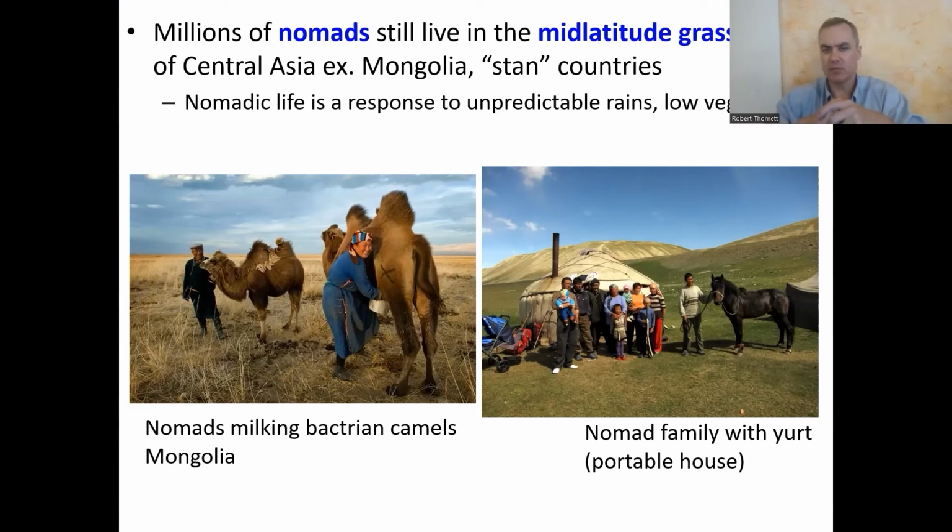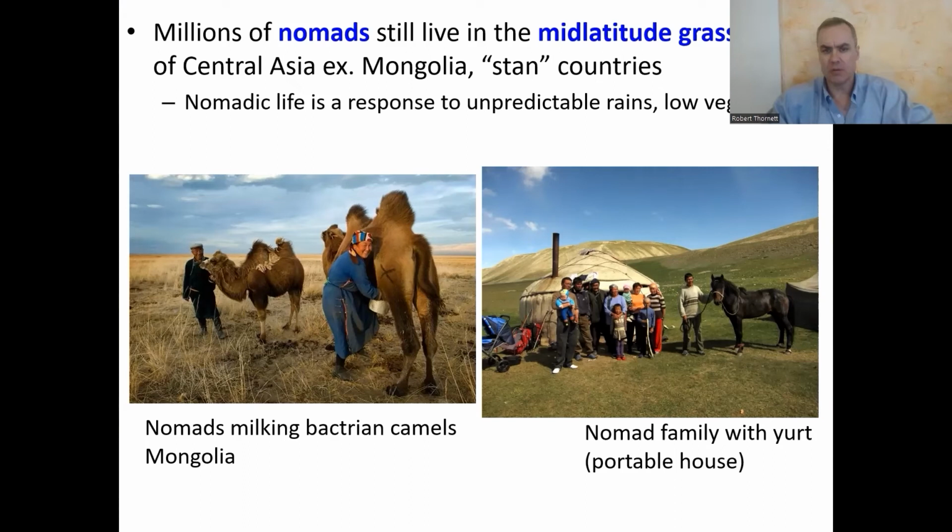They often have sort of a circuit that they move in, maybe 9 stops per year. And they have portable houses called yurts, that you see on the right there. The house is basically like leather skins around a wooden frame. And they can pull the skins off and then fold up the frame and put it on the back of the horse, and they can move somewhere else. Some people still live this way, a traditional nomadic lifestyle, but obviously not everybody does. There are also major cities in Mongolia, places like that.